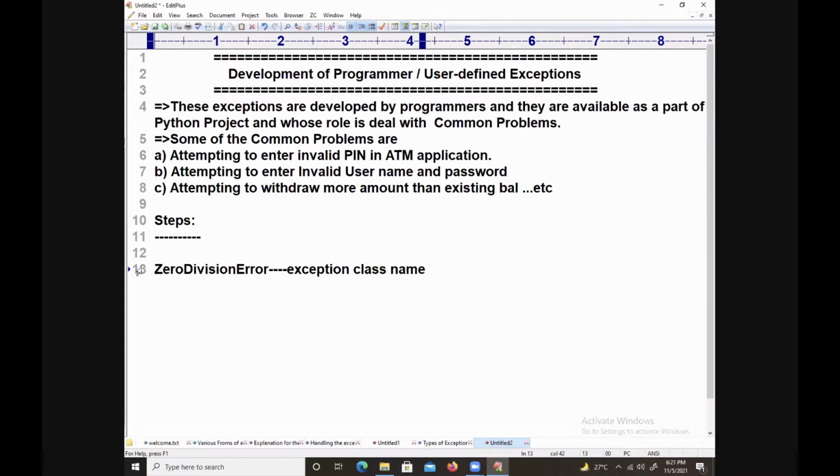Value error is also one exception class name. Type error is also one type of exception class name. All of them are called exception class names.